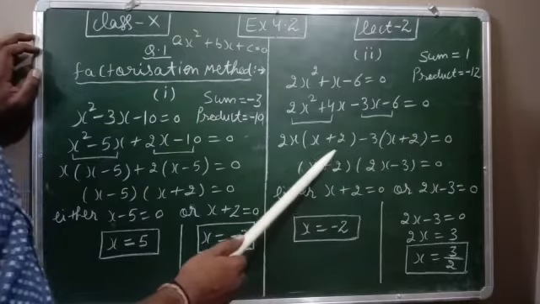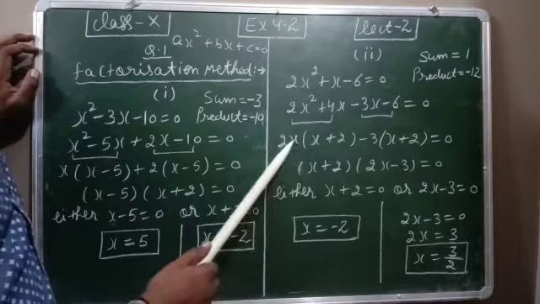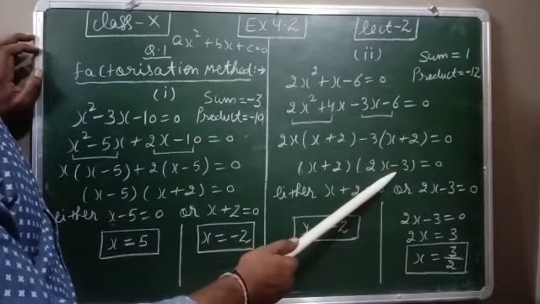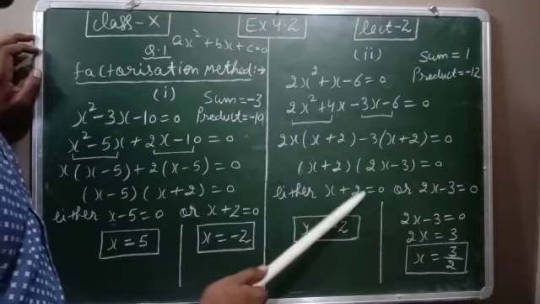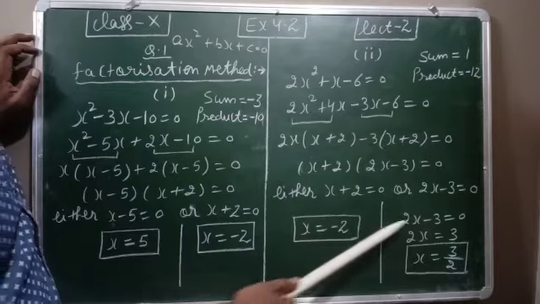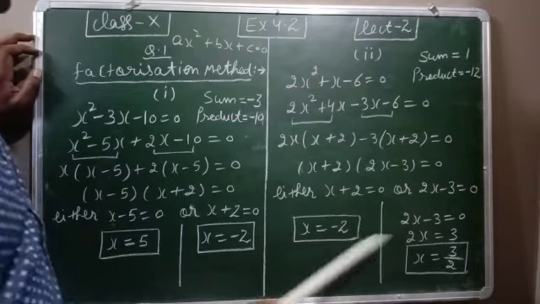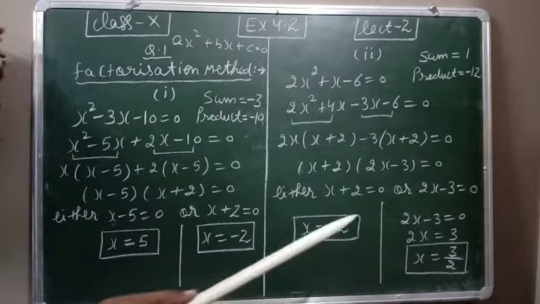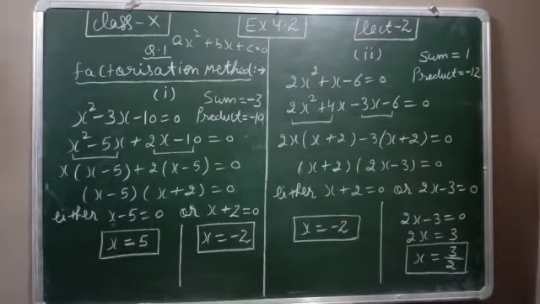Again both brackets should be the same. So out of these two brackets, you can take one bracket common. So from here 2x and from here minus 3. So again the product of two values is 0, so either the first is 0 or the second is 0. So from here x will be minus 2, and from 2x minus 3 it will become plus 3, and 2 will divide. So these two are answers, or you can say roots. So roots are minus 2 and plus 3 upon 2.